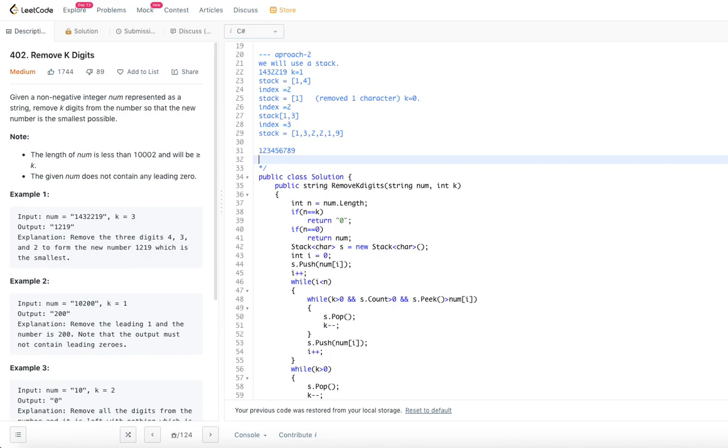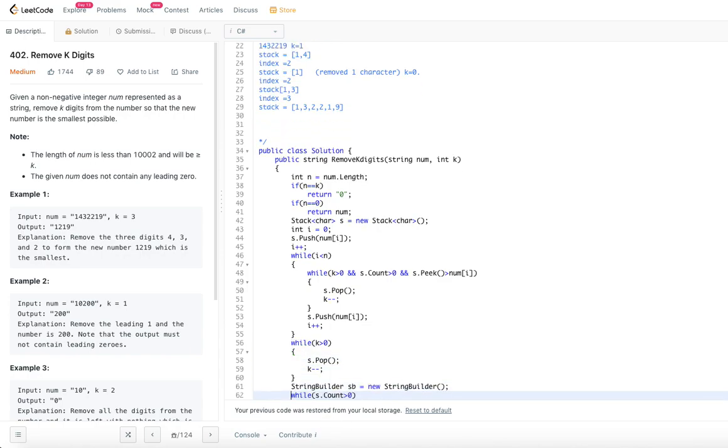By removing one number, right? Obviously we need to remove the last number. So for those cases this is needed. While k is greater than 0, we just pop and k will be decremented. Now whatever the stack content is, that is the final number that we want.